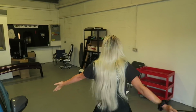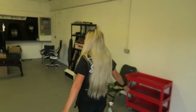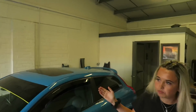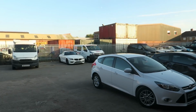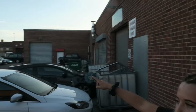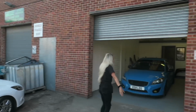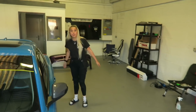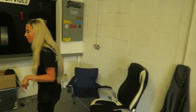Well, this is it. So you come in, there's the roller shutters, there's the door, roller shutters behind you. This is actually the back of the unit, so when you see it, you'll actually see it from the main road, which is the front. So you come from the front door there, and you come around this backyard. You come round, there's a gate in the corner, come round. In here, not really much to say other than it's a big white box, but we've got this little area,